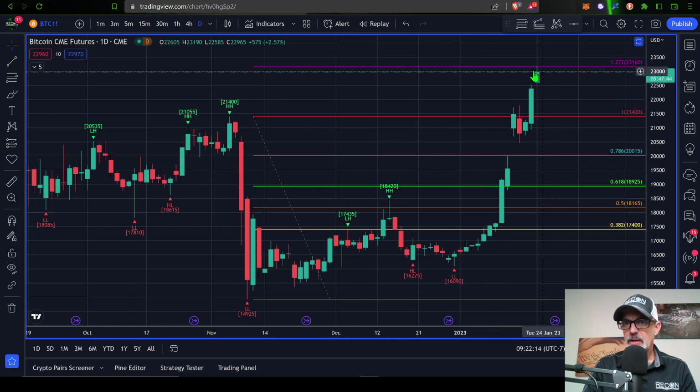As we can see, a key level Bitcoin is struggling to get above is the 1.272 level on the Fibonacci retracement, and that puts it right around 23,000. So this 23,000 level would be the first level Bitcoin needs to get above if it has any hopes of continuing up. Now, it is important to note another key level will be back down here around 20,000 where we